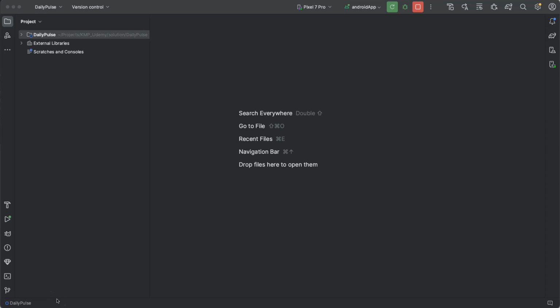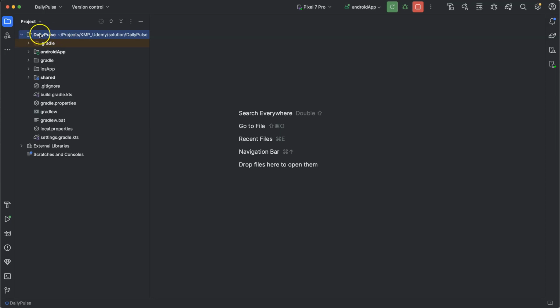Let's now explore the structure of a Kotlin Multiplatform application. Here on the left we have the file navigator of Android Studio. We are going to click to expand on the Daily Pulse folder. As we can see, we have three folders, one for Android app, one for iOS, and one for shared. We also have a couple of Gradle scripts down here, but the most important parts of the structure are those